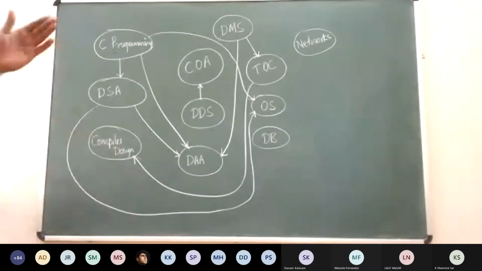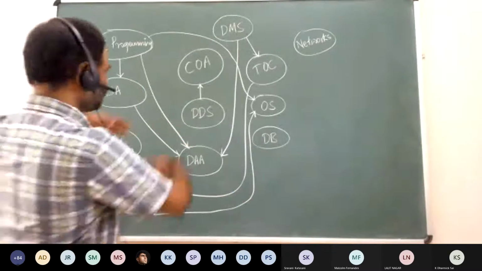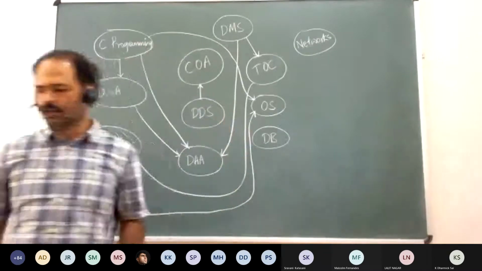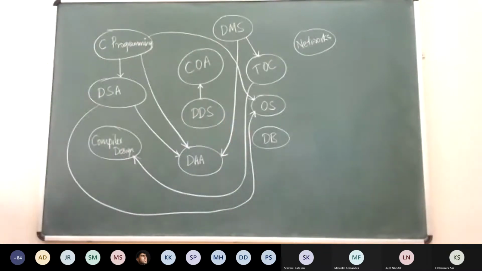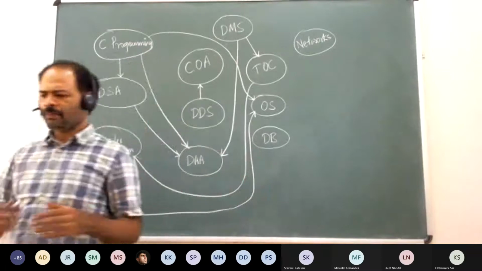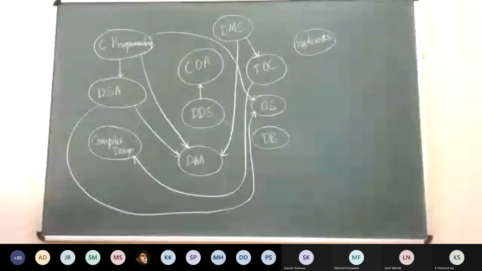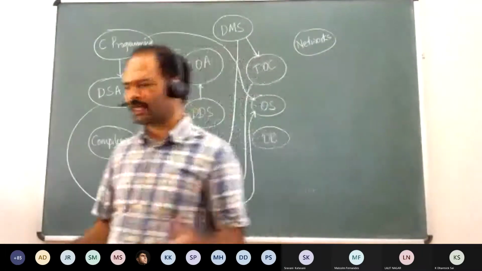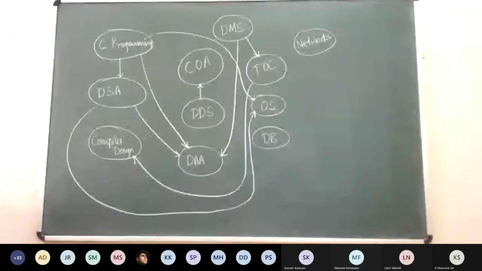So these are some of the things. You come up with a dependency graph, you come up with prerequisites. Then what you do is arrange them in such a way that prerequisites always come before the actual courses, right? You arrange them and get an order, or what we call a linear order, right?